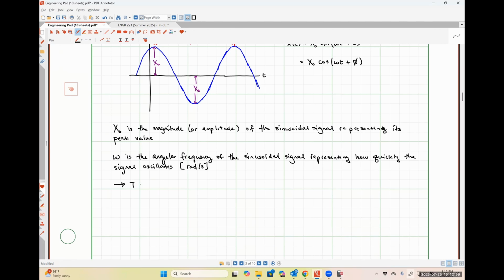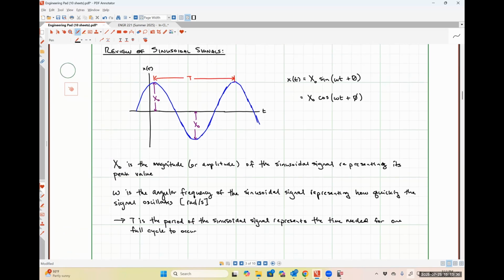T is the period of the sinusoidal signal. And it represents the time needed for one full cycle